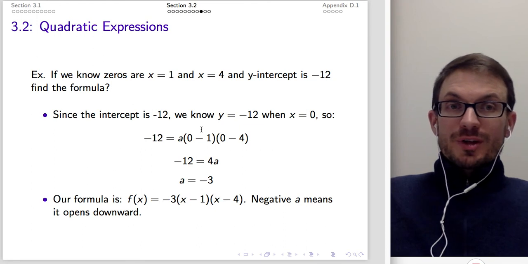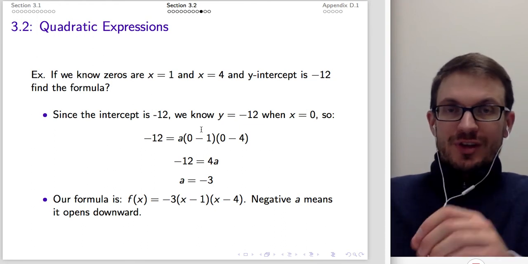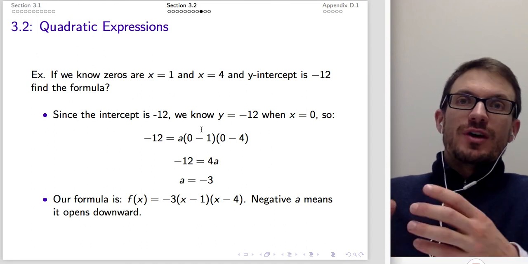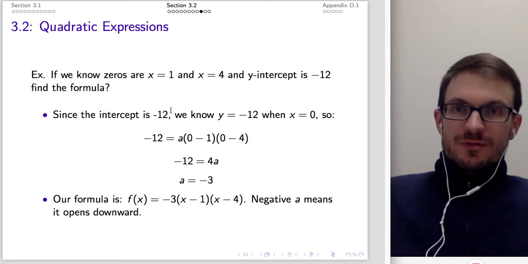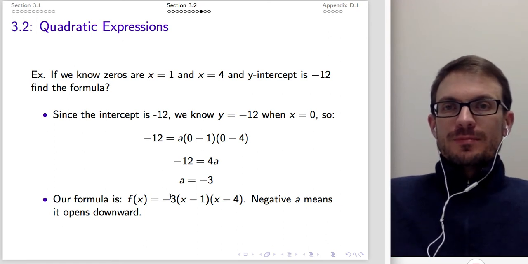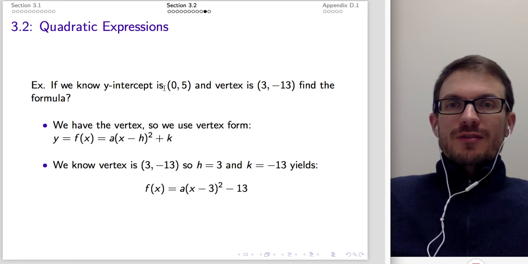Not when the polynomial takes on a value of 0, but when x takes on a value of 0, right? We're finding the vertical intercept. Vertical intercepts have x coordinates of 0, and then a y coordinate, in this case, of minus 12. Okay. All right, so then the next one, if we know the y-intercept is (0, 5), and the vertex